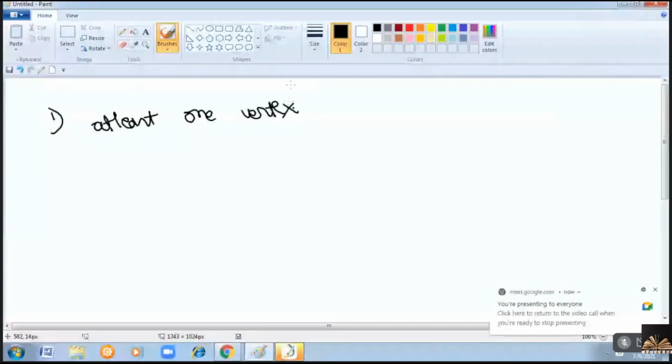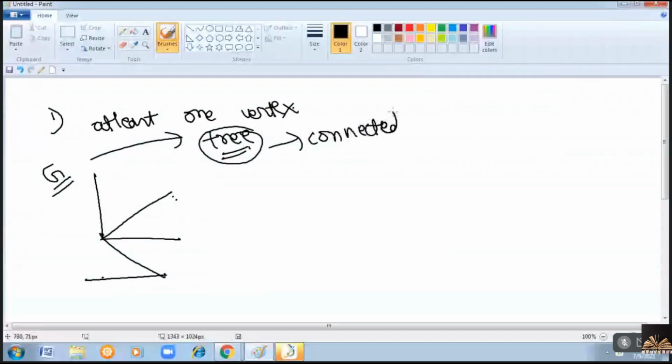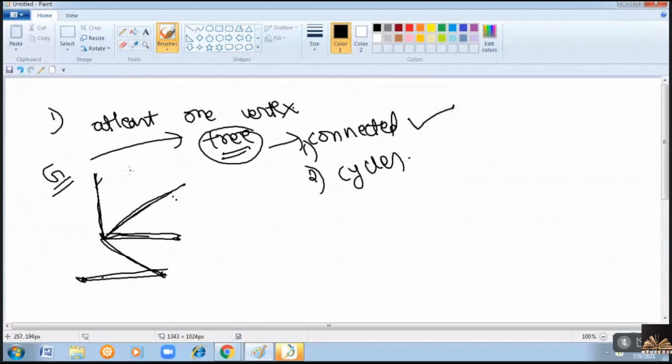Suppose a graph is like this. Is it a tree? I have given a graph like this. Can I call this graph a tree? Tree means it should be a connected graph. The first point is it should be a connected graph. The second point is it should not contain any cycles. Is it a connected graph? Yes. From here I can go here. I can reach this vertex. From one vertex I can reach all other vertices. Therefore it is a connected graph. Do we have cycles? No. So no cycles were there. Therefore, this given graph is a tree.